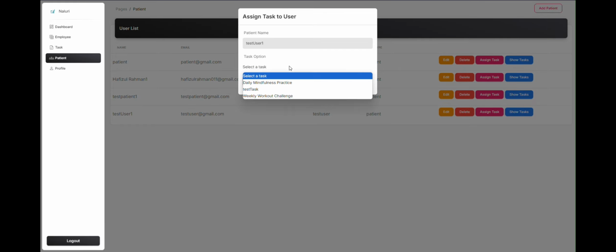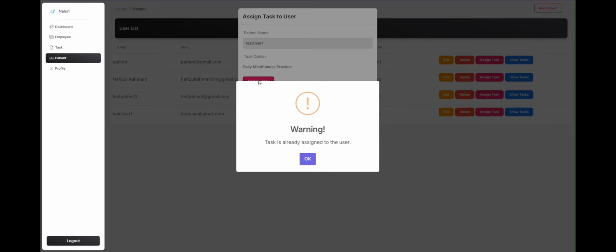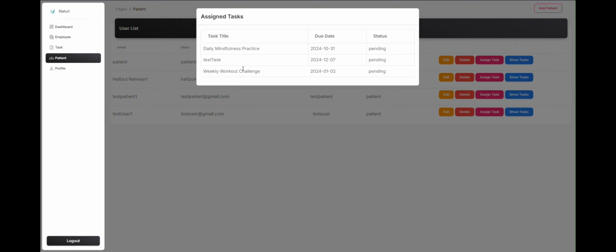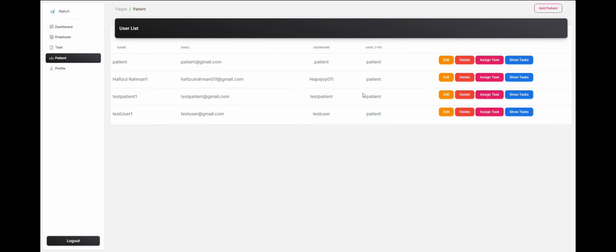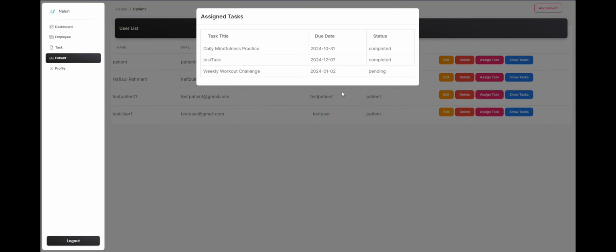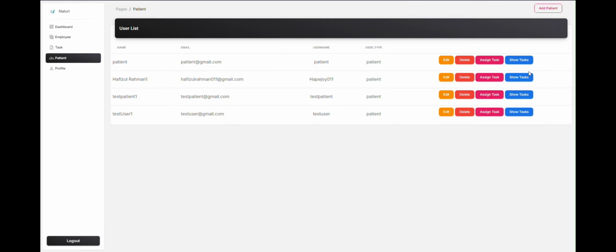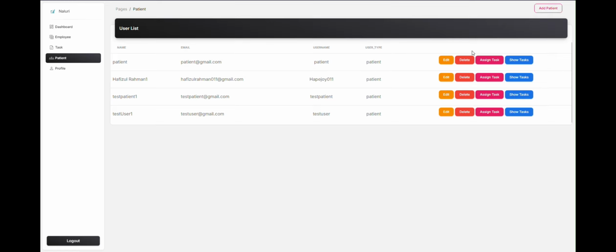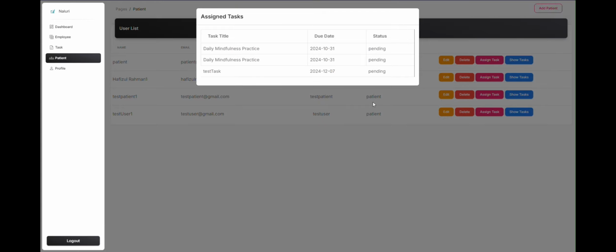So if there's a duplicate assign of task, so let's say here, then there will be a warning that says task is already assigned to the user itself. Okay, then let's show the task. So this is the assigned task for test user one patient. For the test patient, this is the assigned task, also the same. For user Rahman also, I already have two tasks. And for the patient,